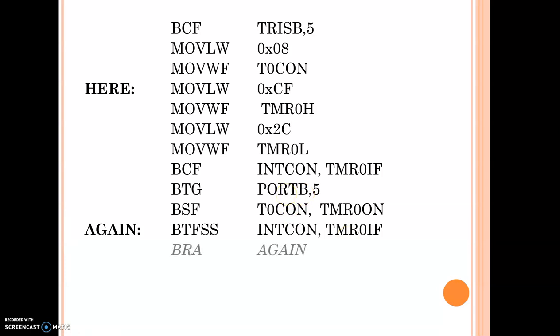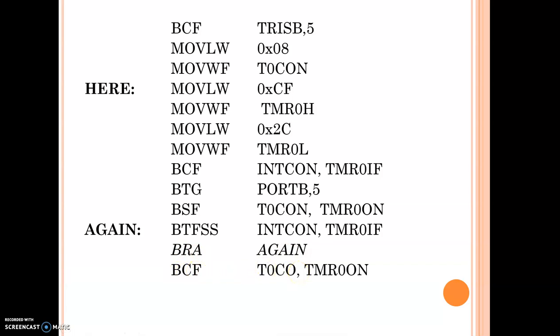Once it rolls over, I need to go for the branch. So I'm continuously monitoring this particular bit. Once this bit is set, it automatically comes out of the loop, and then again I'm going to stop the timer.